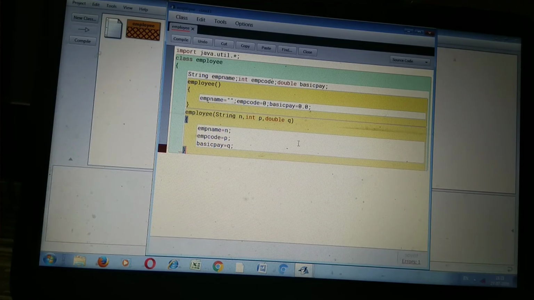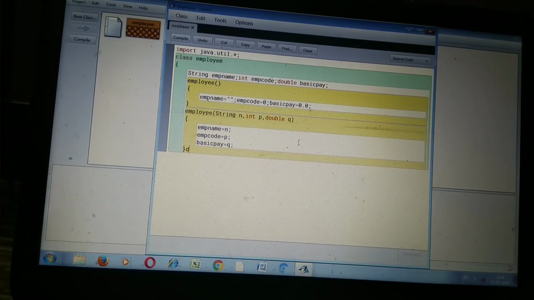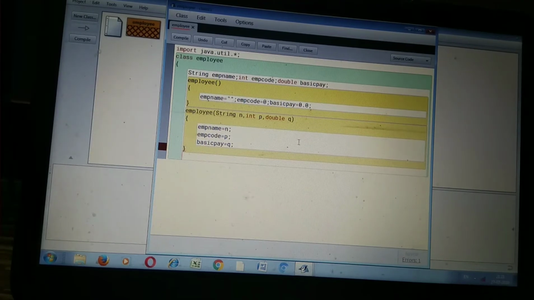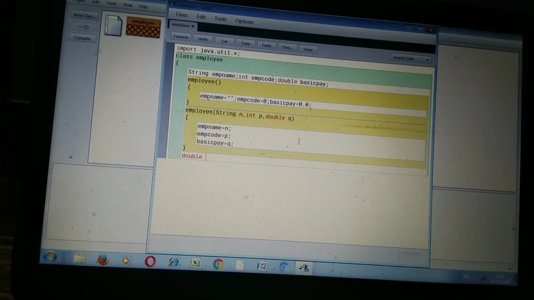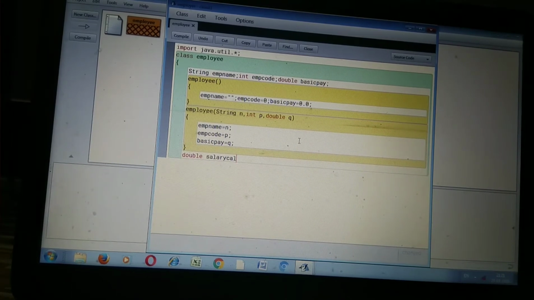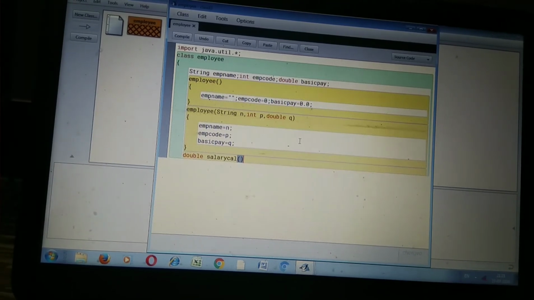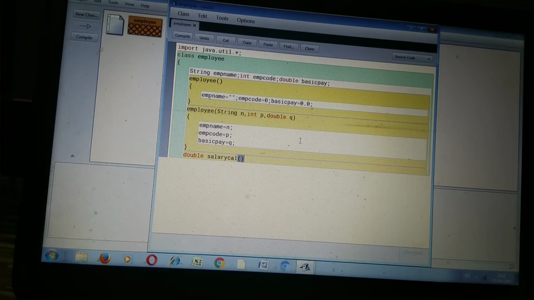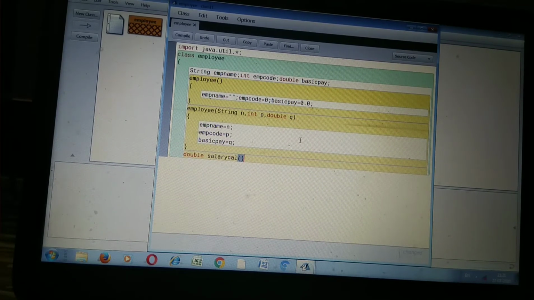The next function is double salaryCal. It's a double type, meaning the return type is double, salaryCal. In this function, we have to compute and return the total salary of the employee.